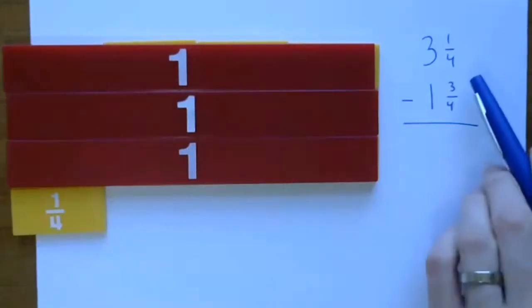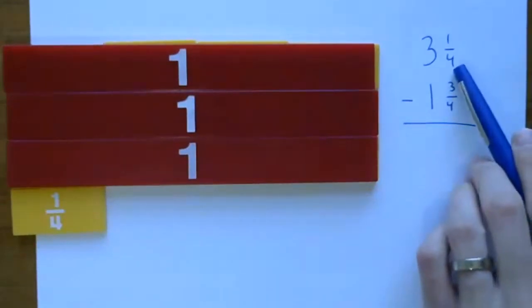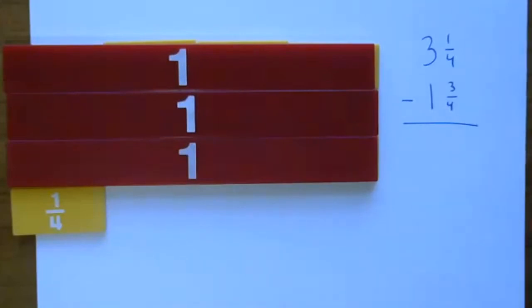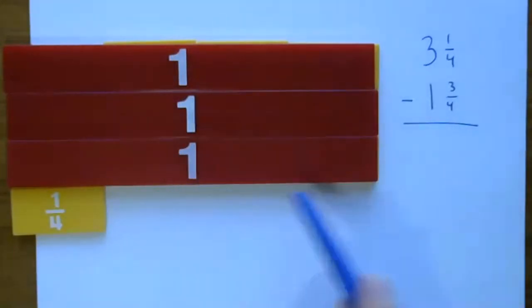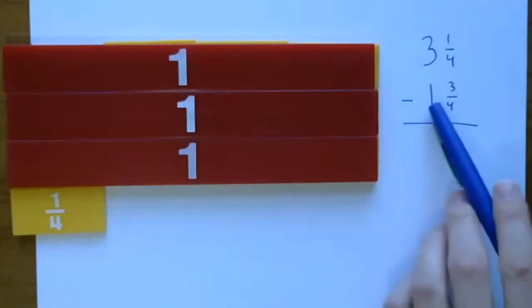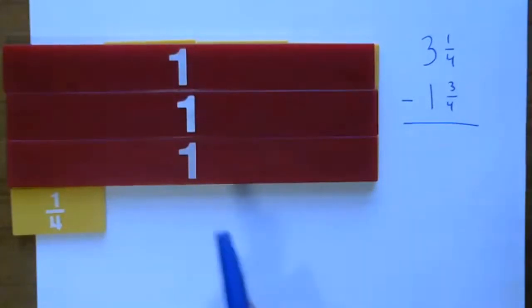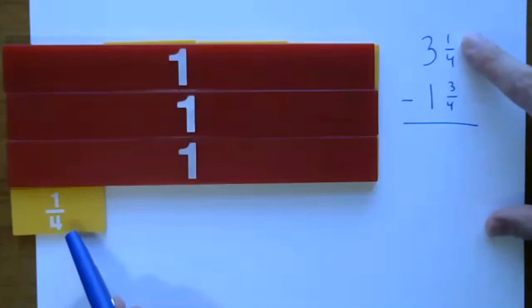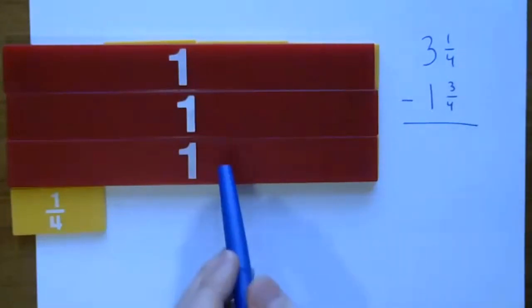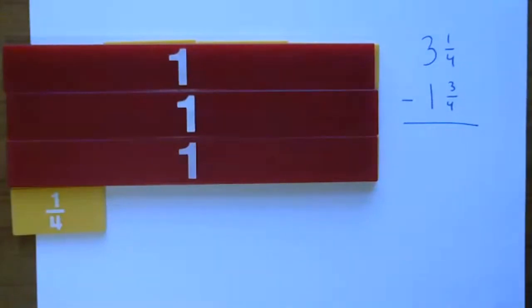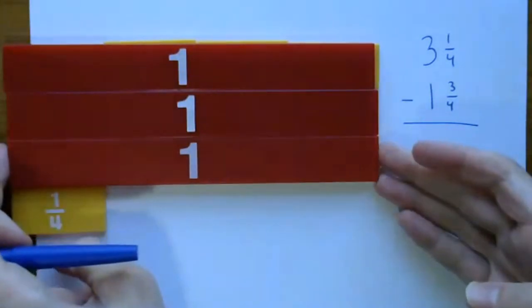Again, we've changed the denominator to fourths, so 4 fourths will make up one whole. We've got 3 wholes and 1 fourth, which I've modeled here. We're going to subtract 1 and 3 fourths. So again, if we're looking at the fractional parts, I cannot subtract 3 fourths from 1 fourth, so I'm going to have to borrow from one of these wholes, but one of these wholes is actually